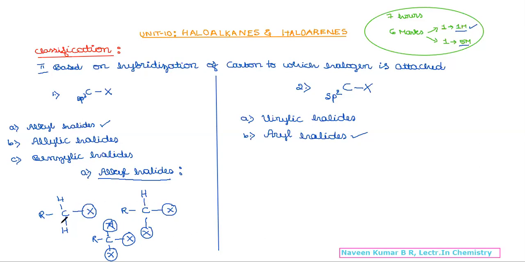So in all these cases, if we observe, the carbon is surrounded by 4 sigma bonds. So hence, they are all considered simple alkyl halides, where halogens are replacing one or more hydrogen atoms of a simple alkane. So they are all called alkyl halides. So here we have one more very important classification to understand: primary alkyl halides, secondary alkyl halides, and tertiary alkyl halides. We'll try to observe that now.